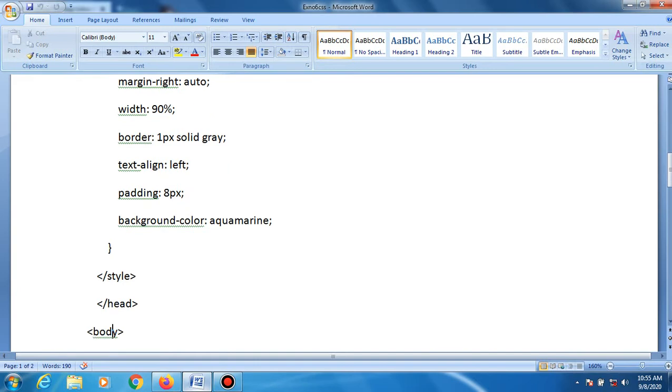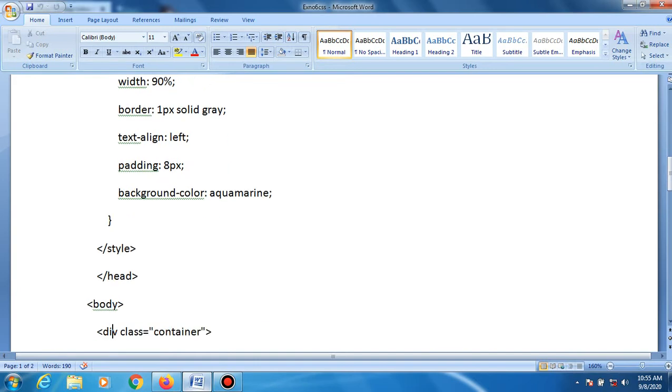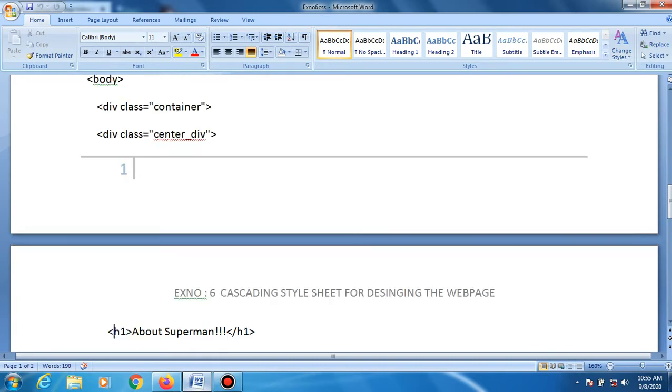The next one: every opening tag must be closed at the end of the program.